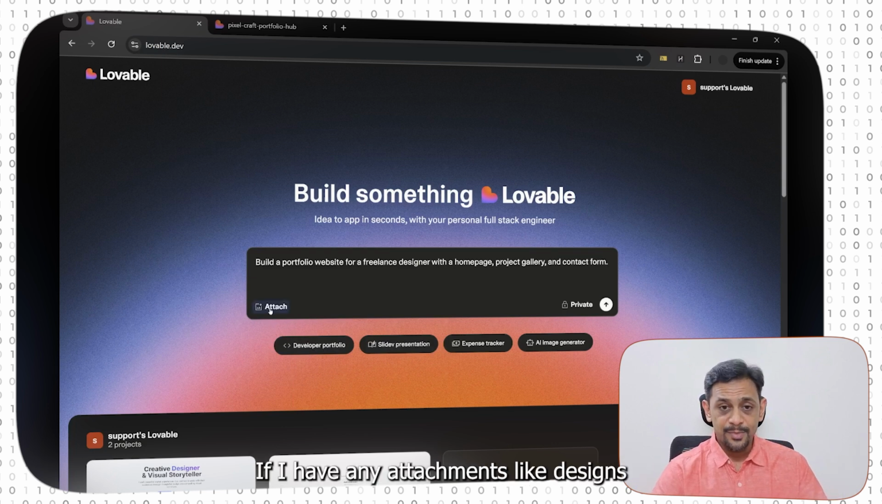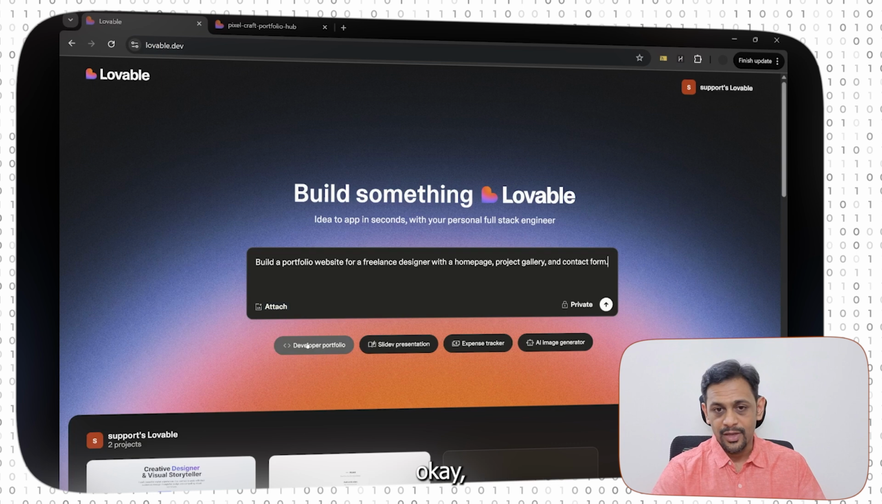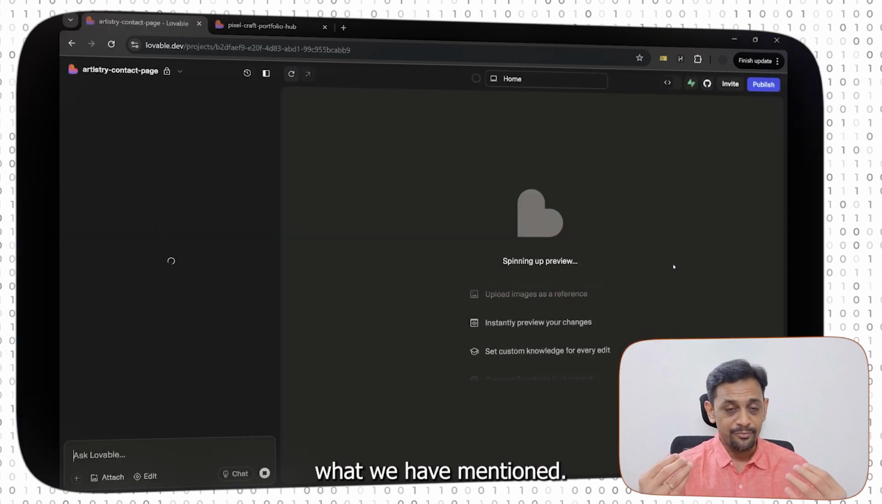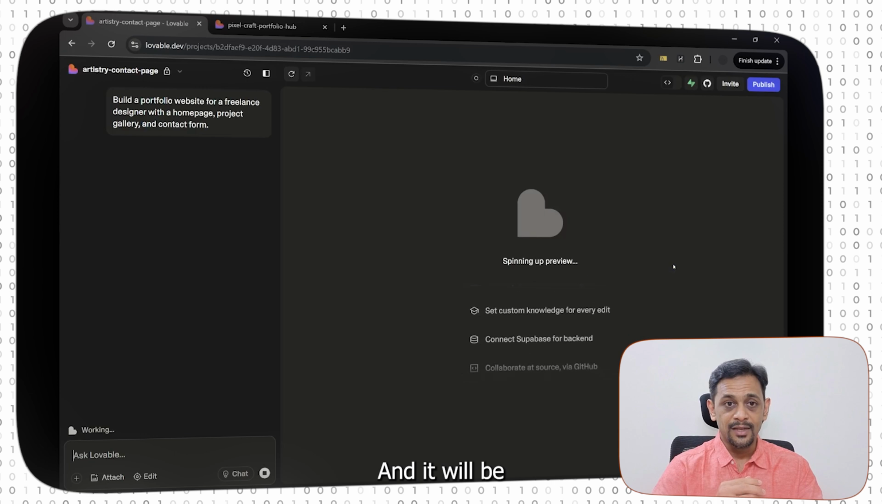If I have any attachments like designs or any other details that I want to add, I can attach it over here. Or if you don't know what needs to be built, you can use one of the pre-existing prompts that is available over here. Now, because we have prompt, let's go ahead. I'll click on enter and it starts analyzing what we have mentioned